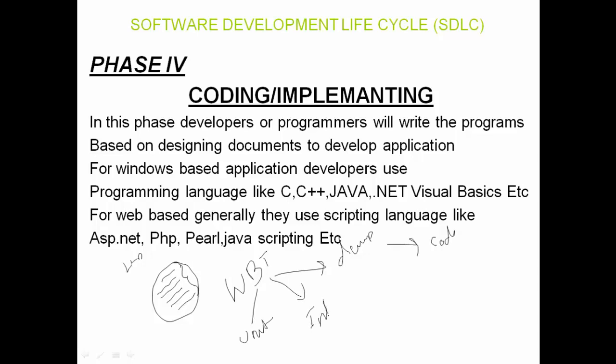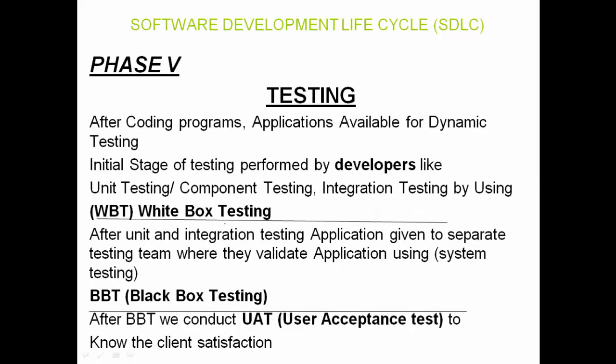Unit testing and integration testing are part of white box testing, so we'll be discussing them as we move into the subject. But as of now, once the coding is done, the next task is testing by the developer. What is he going to test? He is going to test the code he has written. I'm repeating, this process is known as white box testing. White box testing is done by the developer on source code. So we have unit and integration testing. Once unit and integration testing are done, that is white box testing done,